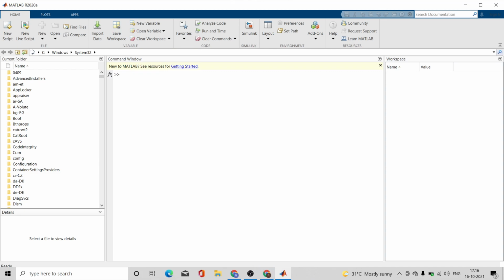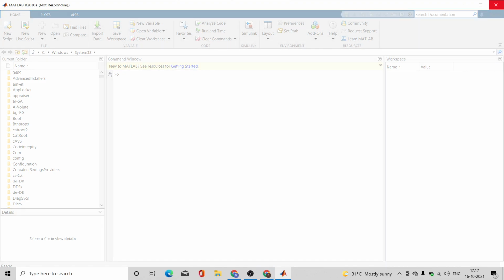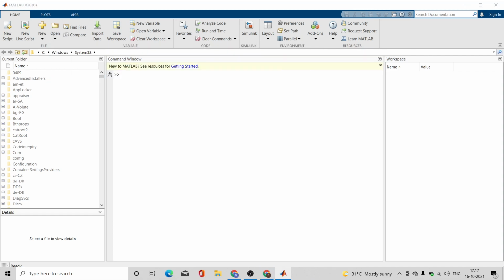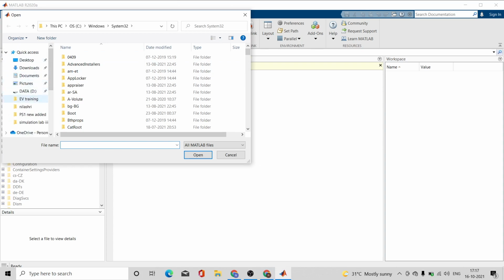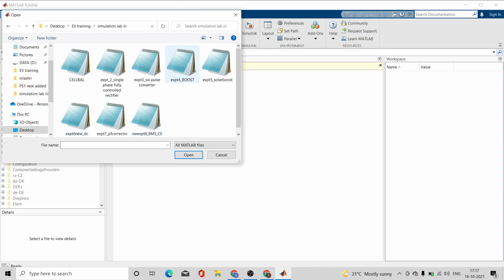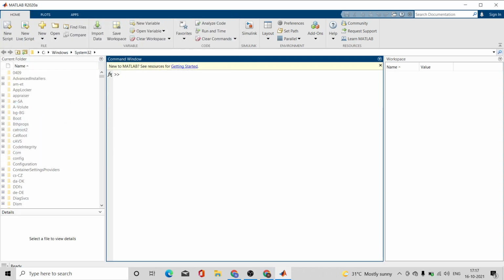So let it open. It is actually heavy software, so it takes time. Just let that file open.